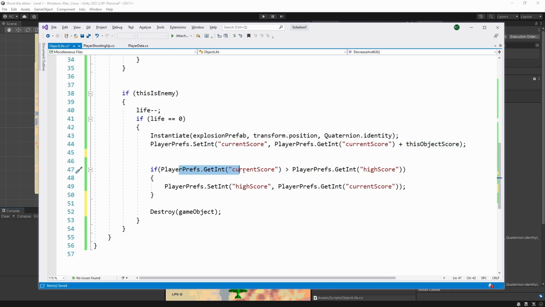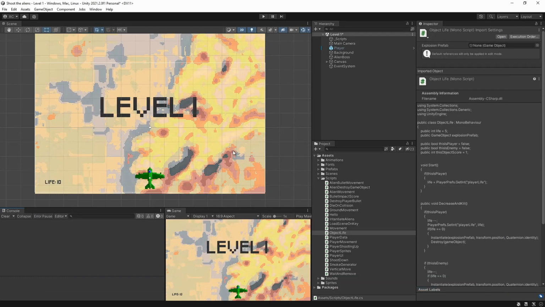If getInt, if the current score is higher than getInt the I-score, then we set the I-score with the value of the current score. And then we destroy the alien. So this is done. We go to Unity, and we should have the score